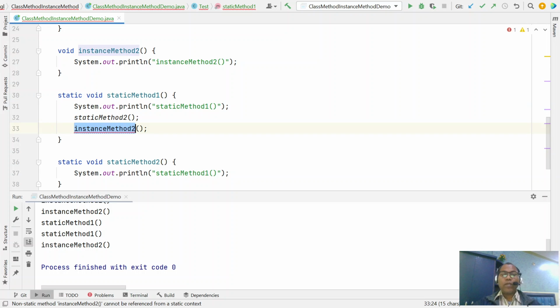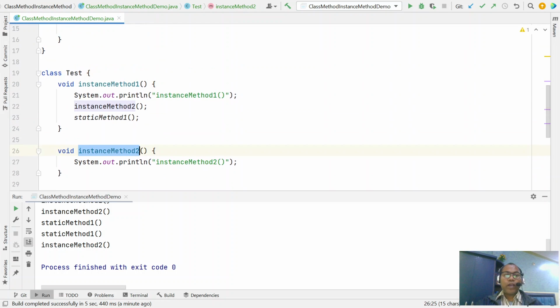So please note, in a static method you can directly invoke only static methods, but sometimes we need to invoke an instance method. The only way is you need an instance. If you want to invoke test2, you cannot invoke it directly here, but the test2 instance method is defined inside the Test class.